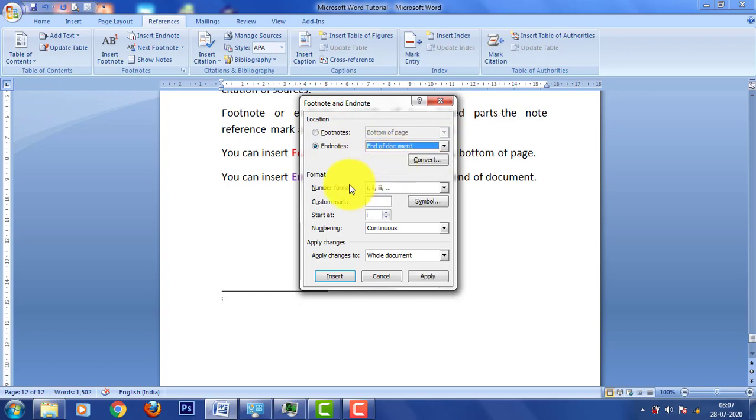Let's select this. You can change the number format. Let's select this alphabet. You can select the starting also, whether you want to start it from A or B or C. For the time being, let's start it with A and then click on apply.